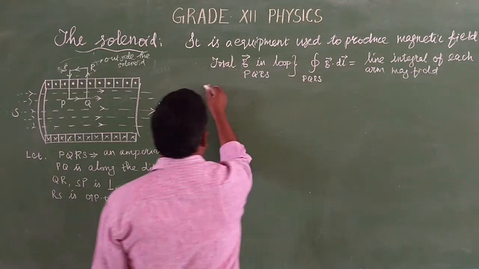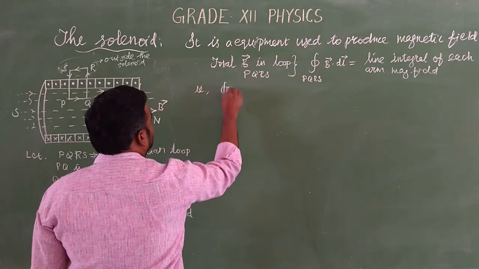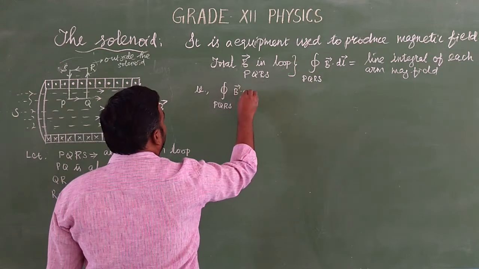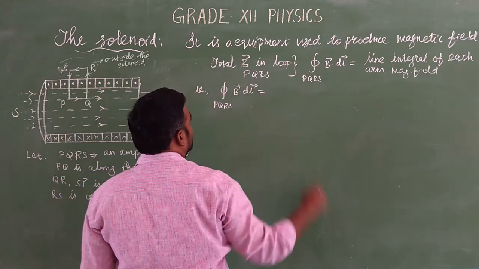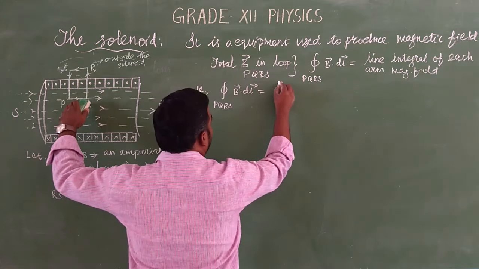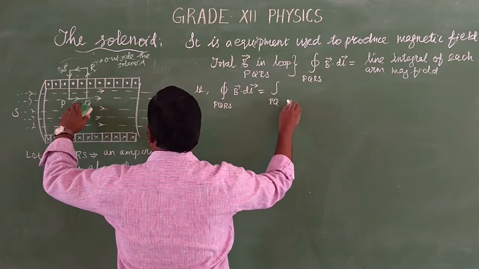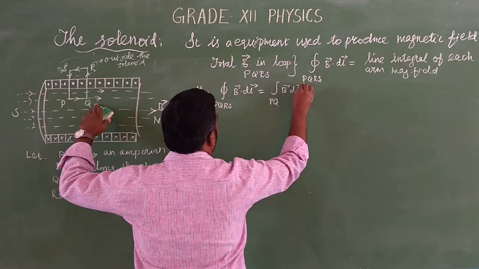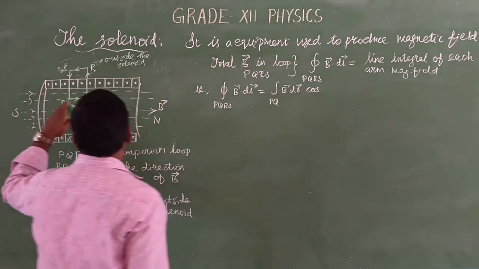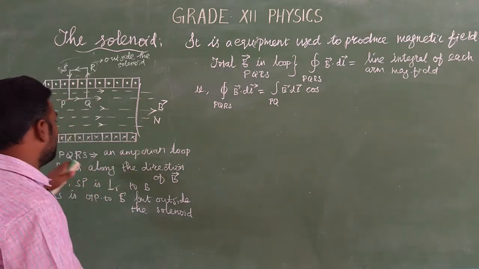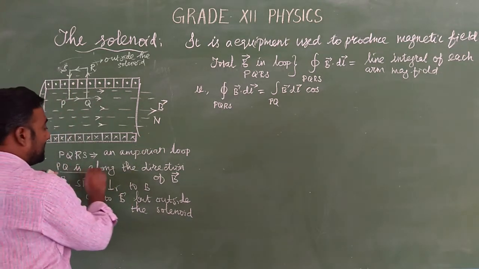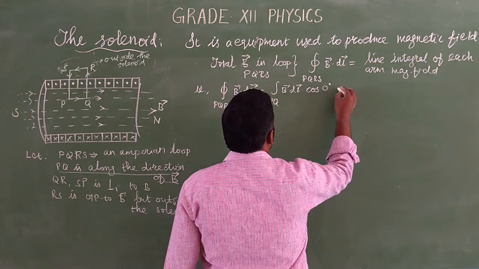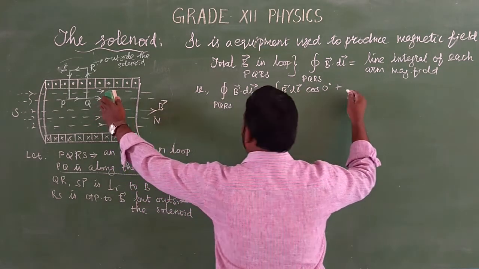That is, closed integral PQRS B vector dot dl vector is equal to integral PQ B vector dot dl vector, and the cos, what is the angle? It is along the direction of the magnetic field. Okay, PQ is along the direction of the magnetic field. So cos theta, what is theta? It is 0 degree, plus the next line integral